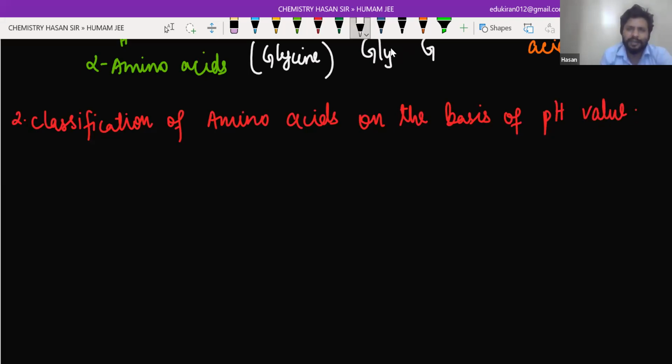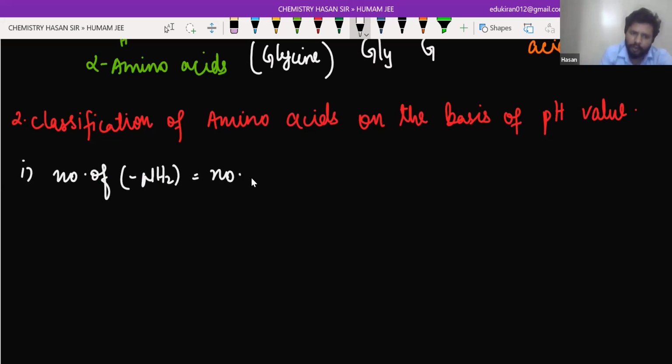If pH is less than 7, that is acidic, greater than 7, basic, equal to 7, neutral. But how are you going to find it? Basically NH2 is your base, and carboxylic acid is acid, you know that. So roughly, when the number of NH2 is equal to the number of COOH, both are equal, then it becomes